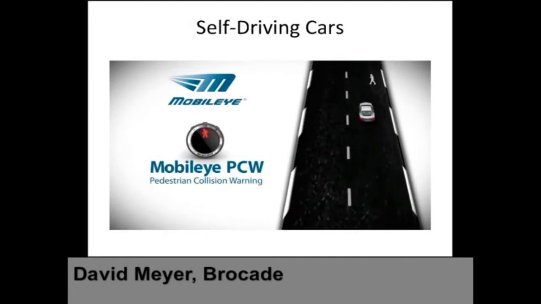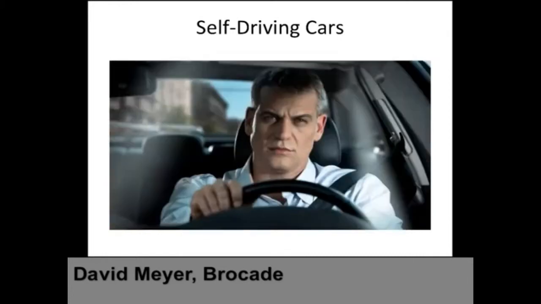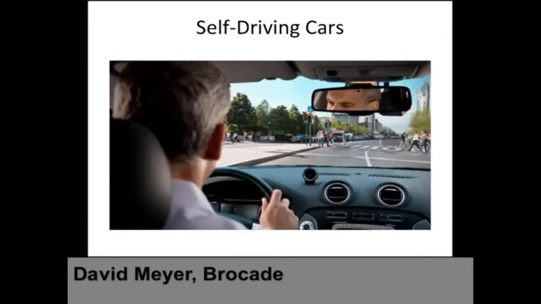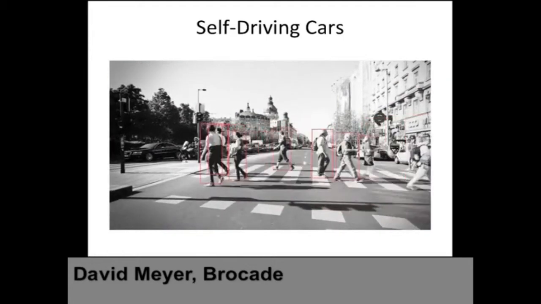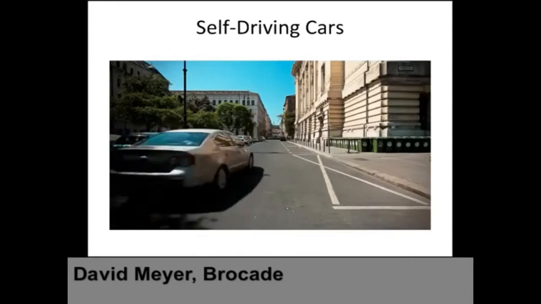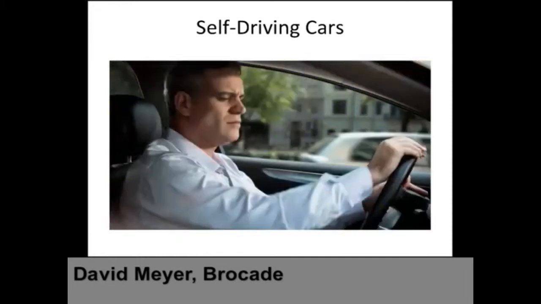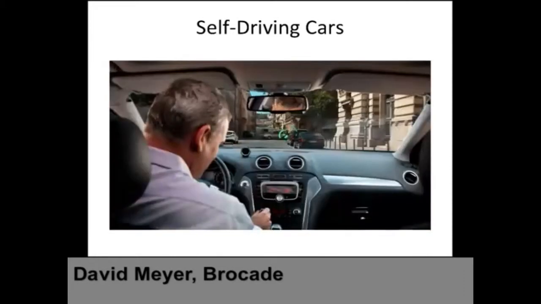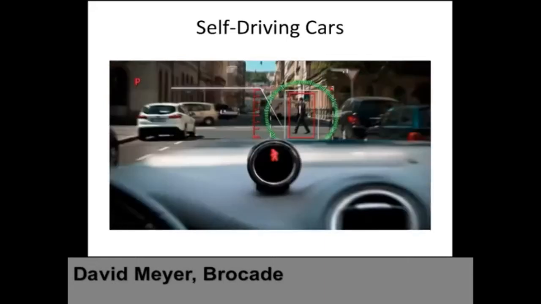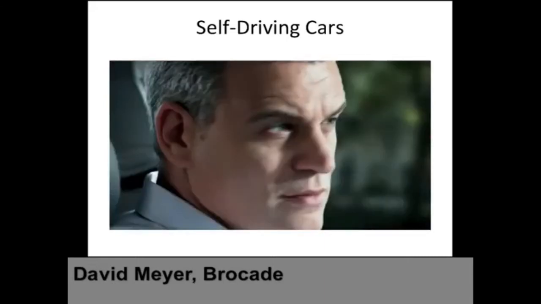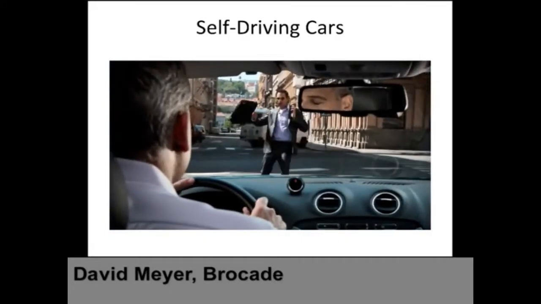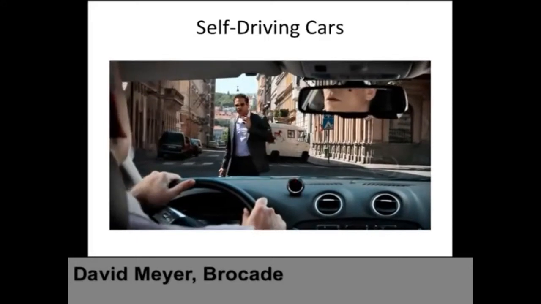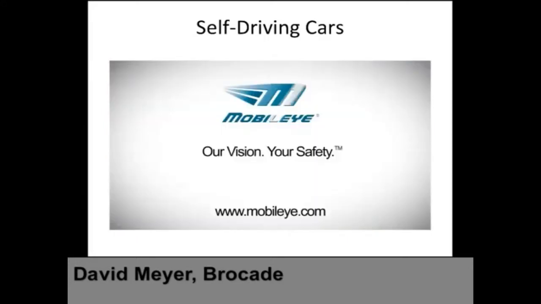But what I want to show you here is this particular product is collision detection for pedestrians, right? So what this thing can do is, see the bounding boxes? It's using that same technology that's in your phone, basically convolutional neural nets, to detect this thing right here, and give you 2 seconds of pedestrian collision warning. By the way, my wife said, "Why is that guy looking down when he's driving?" But, you know, it's the idea. But this is just a component of what a self-driving car can be, right?